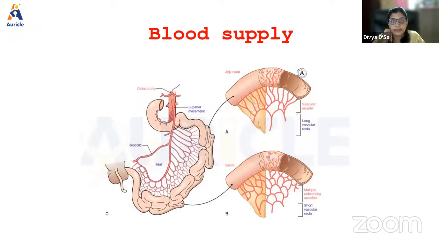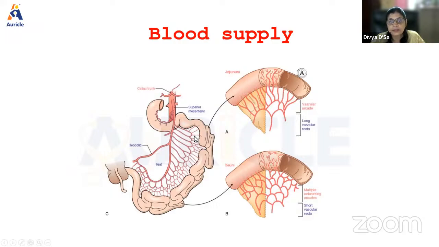Before that, if you see the blood supply here, it is through the jejunal and ileal branches of the superior mesenteric artery. If you closely observe, these arteries form arcades. They loop around here, forming the arcades. Near the jejunum, they form fewer arcades, one or two. As we move towards the ileum, there are more arterial arcades. And from these arterial arcades, straight arteries arise,